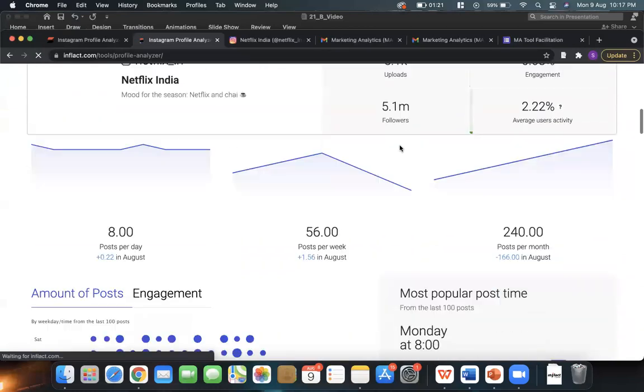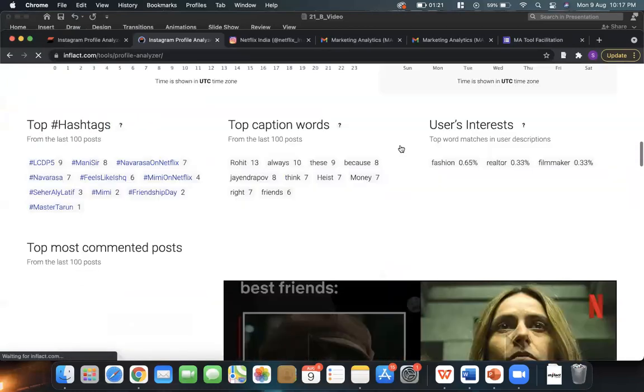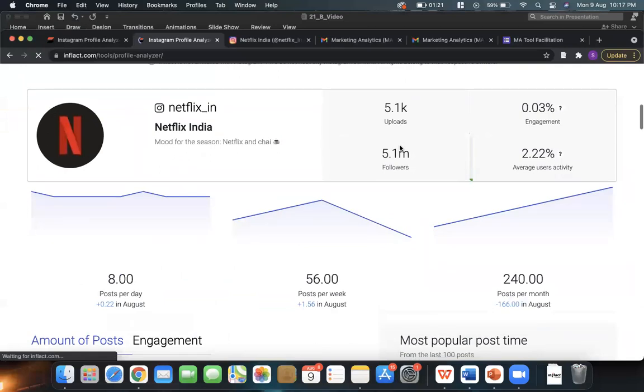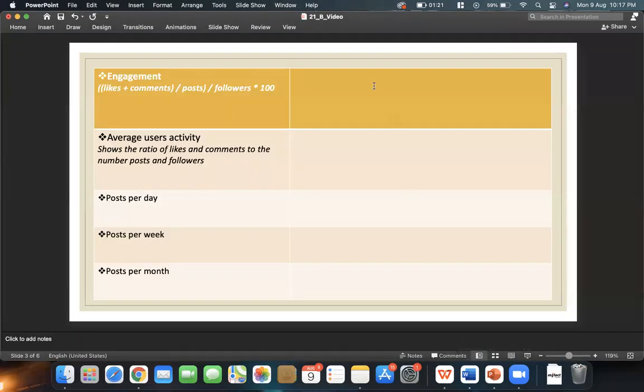Now here we get the insights. So as we can see, Netflix has 5.1 million followers and the engagement rate is 0.03%. So the first insight that we get is the engagement.